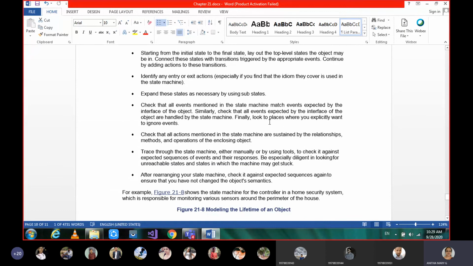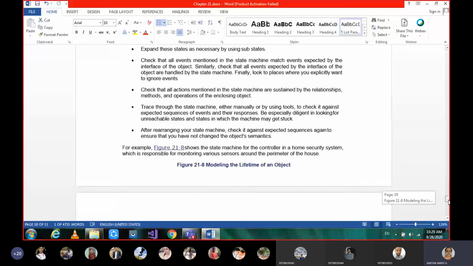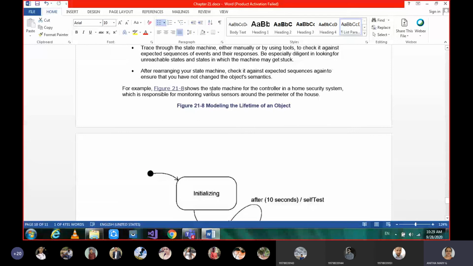If the composite substates are in sequential order, they are sequential substates, and if any composite states are maintained in parallel, they are called concurrent substates. Based on all the scenarios and the terminology we have studied, we can model the lifetime of an object. Here the example is given for the state machine for the controller in a home security system.